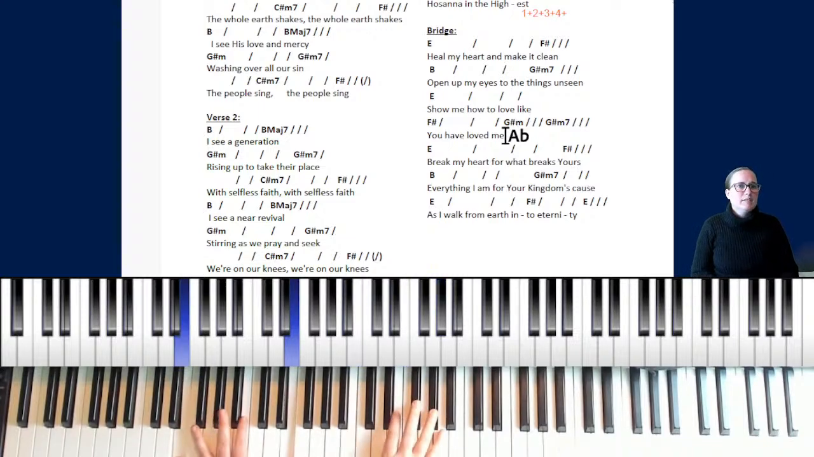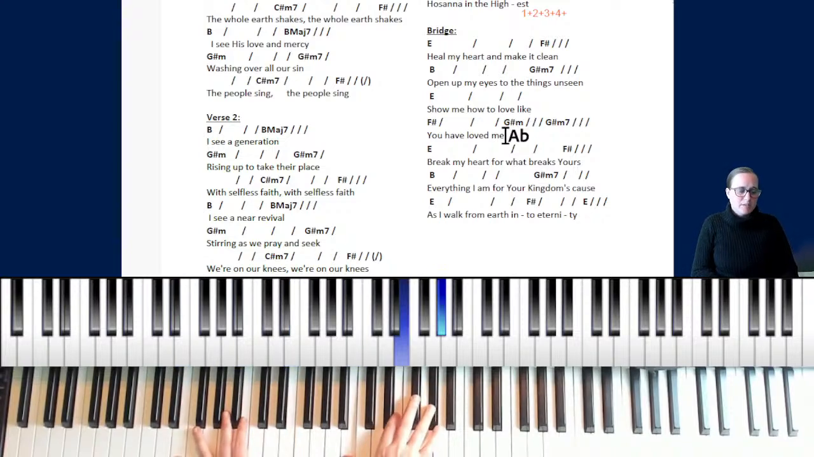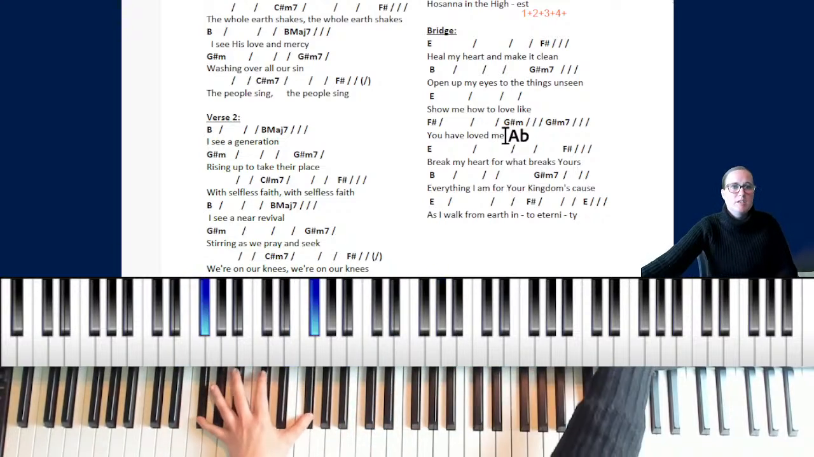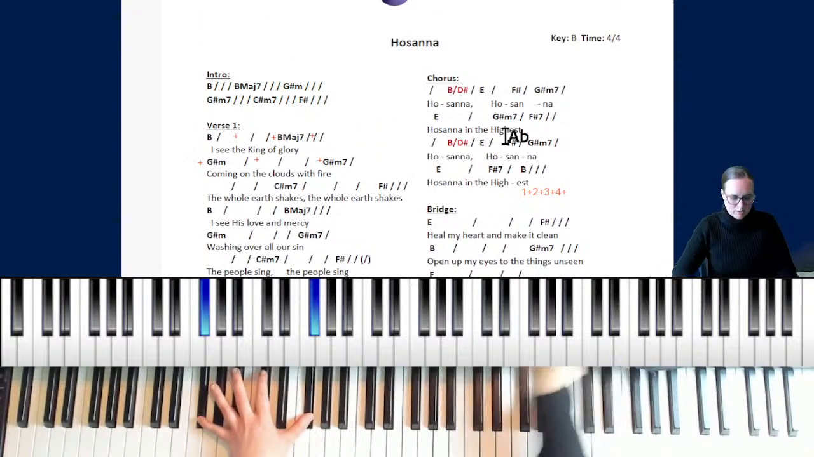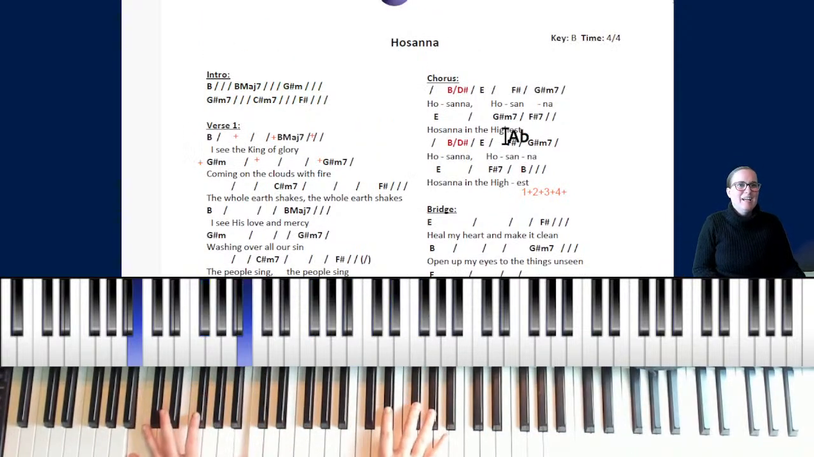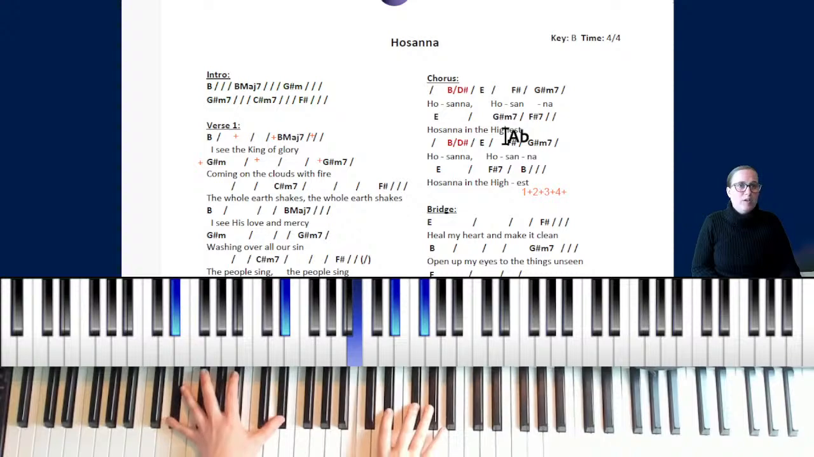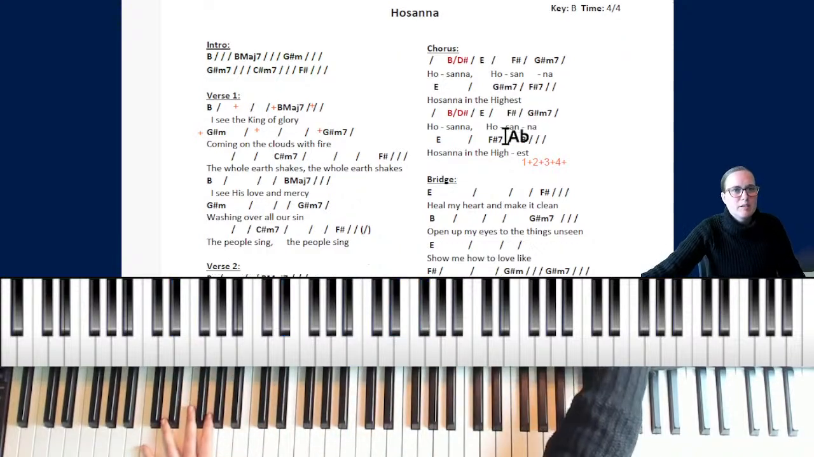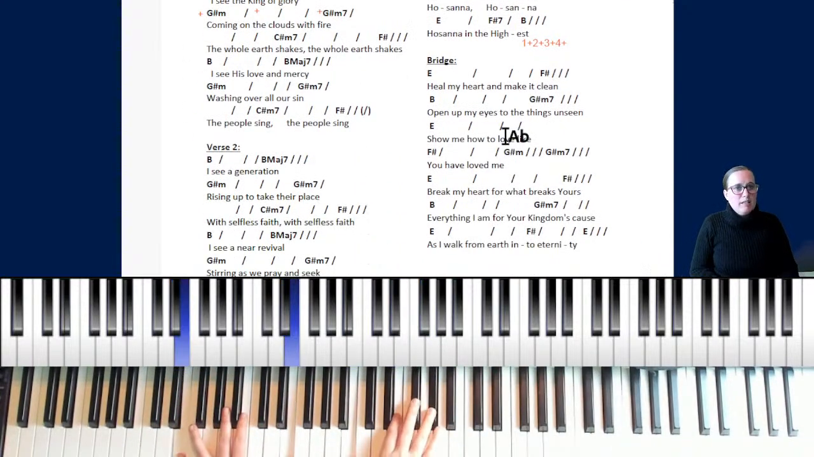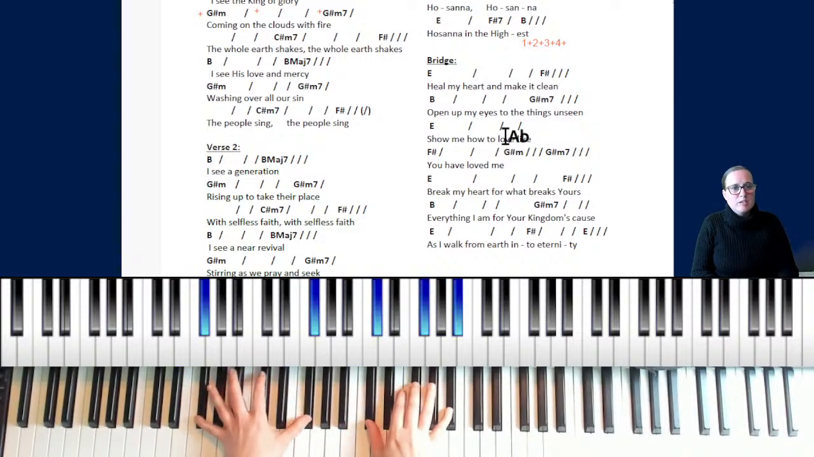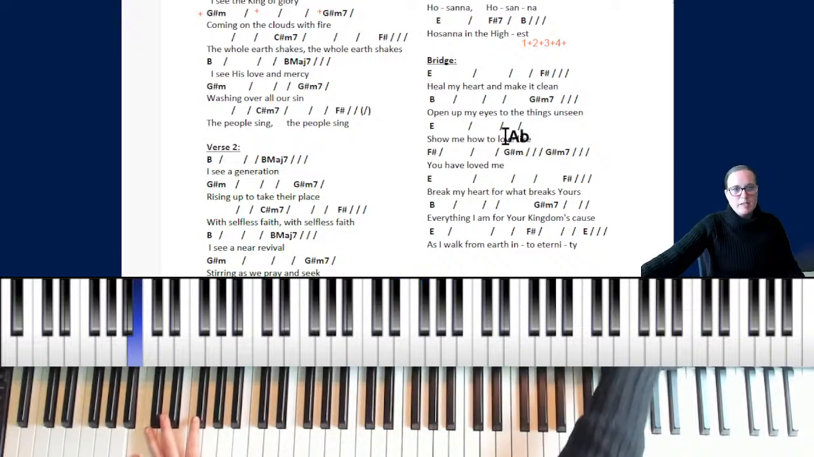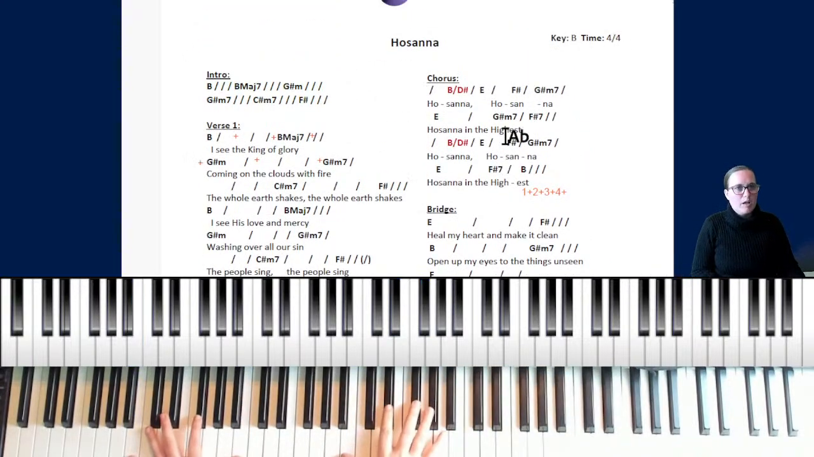Let's see. As I walk from earth into eternity. Sorry, scrolling. I'm playing the B. Ready? Hosanna. Sorry, let me scroll back down there for you guys. As I walk from earth into eternity. Now I'm playing the B. That's okay. You play whatever you want. Hosanna,